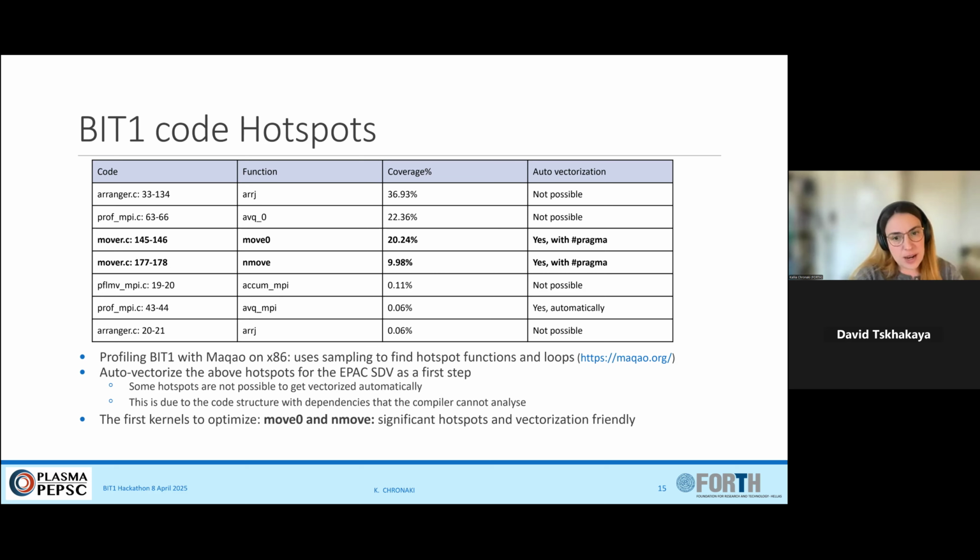Now, when we tried to apply automatic vectorization to these hotspots in BIT1, we saw that the compiler was not able to automatically vectorize most of these areas, but it was able to automatically vectorize the mover functions, because the loops in the mover functions are more vectorization friendly. So we decided to start with these functions, the mover kernels,